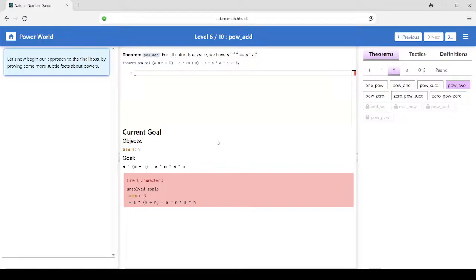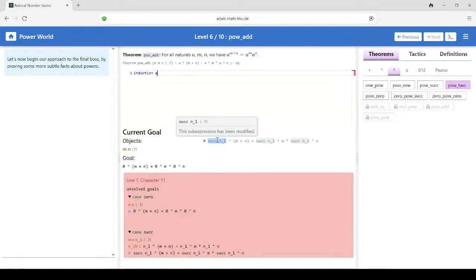A to the power of M plus N equals A to the power of M times A to the power of N. Right, there's no numbers, it's all letters. In order to get anywhere, I have to make a guess about one of these numbers, or about one of these letters. We have to try for 0 and a successor number. Induction, if I try induction on A,